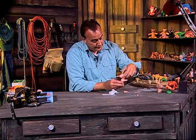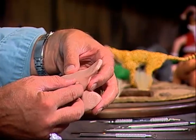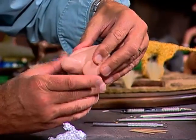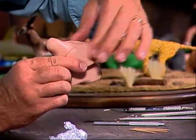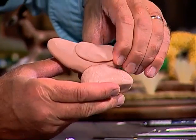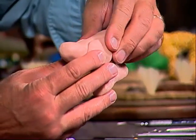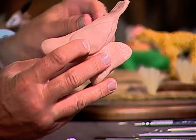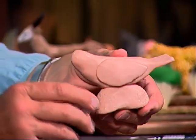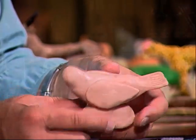And we'll proceed to put the other wing on. So what I'm going to do is look to make sure it's roughly in the same spot. And then I'm going to place it on the bird, just like that. See, I'm squeezing that in like that. Push that up against the bird. And then you take your finger, see how we're taking the lower part and pushing it like that. And just work it a little bit. Just like that. So that's what the bird will look like up to this point. I'll show you from the top